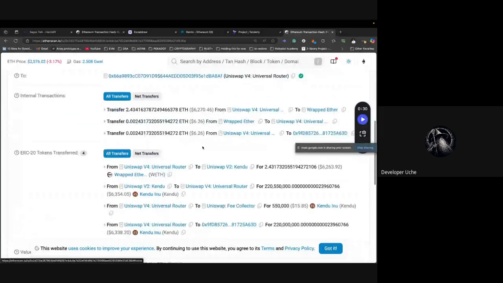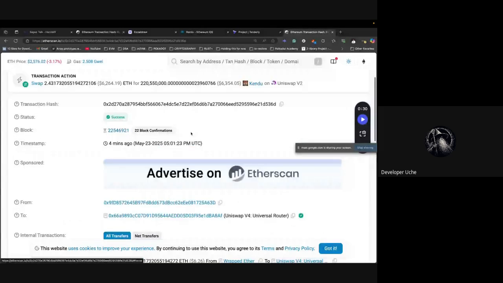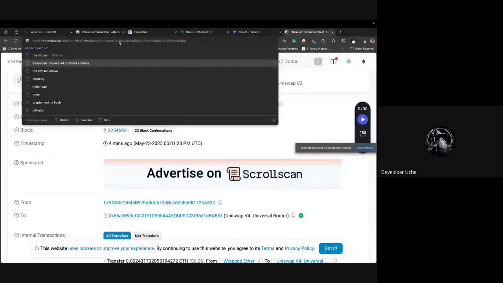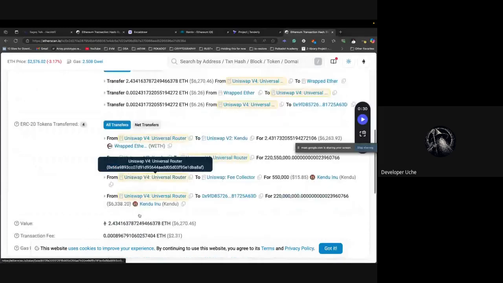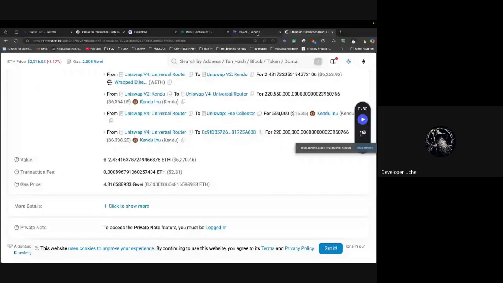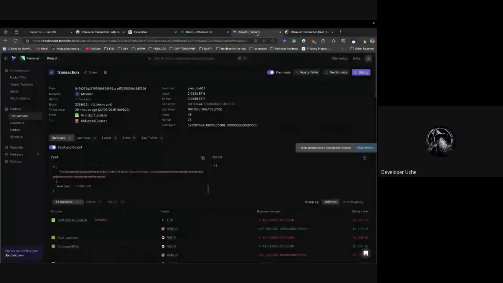At least with this, by just having a transaction hash, we can know that, oh, this person was trying to swap some ETH for some amount of Kendu Inu token. But with this tool called Tenderly, it's going to give you a more verbose